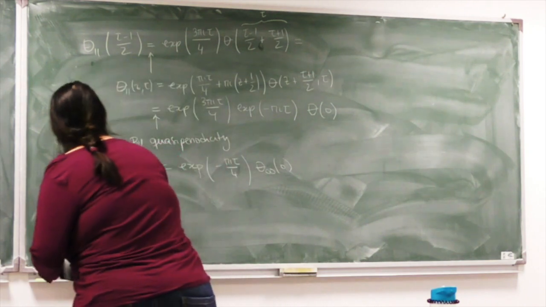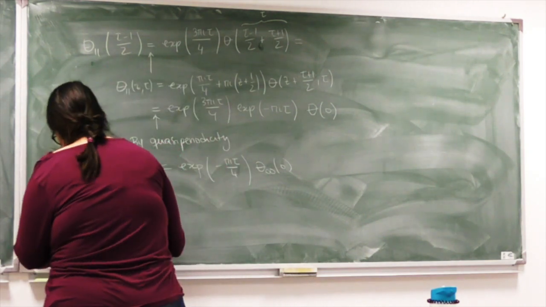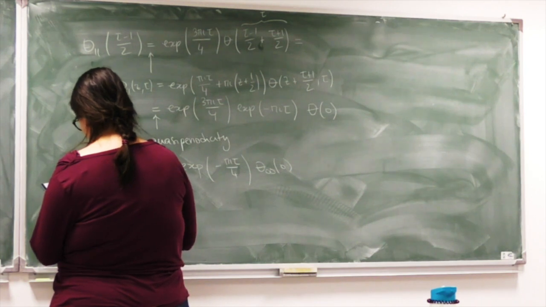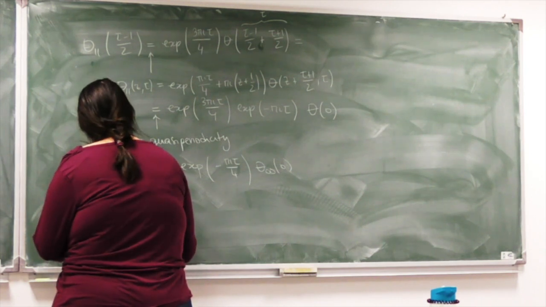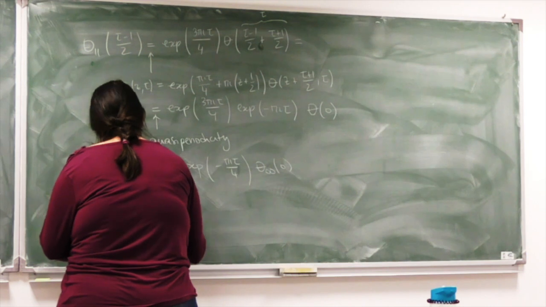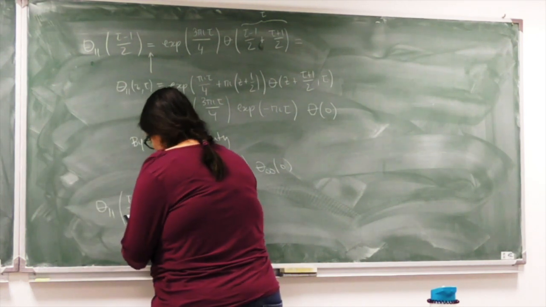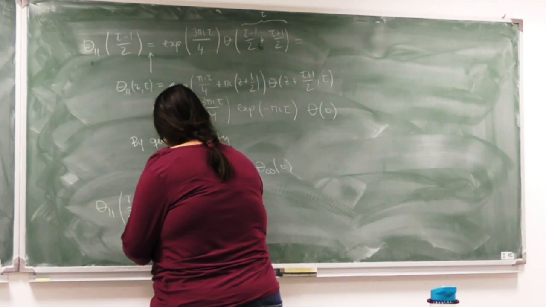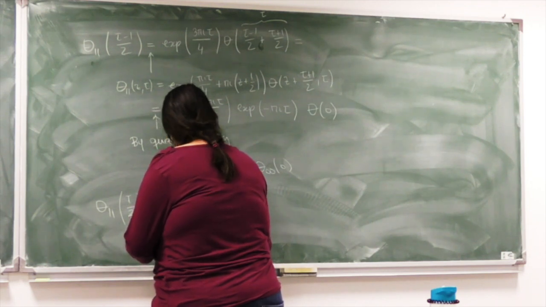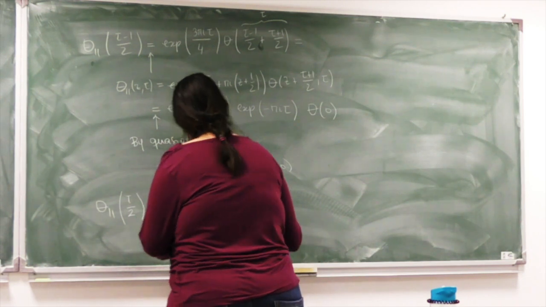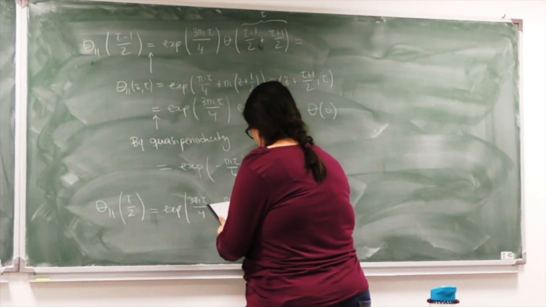We can do the same for the numerator. I will give a bit less details now. So at tau divided by 2, we obtain 3 pi i tau divided by 4 plus pi i 2 theta